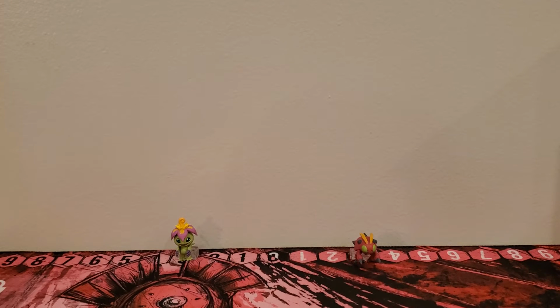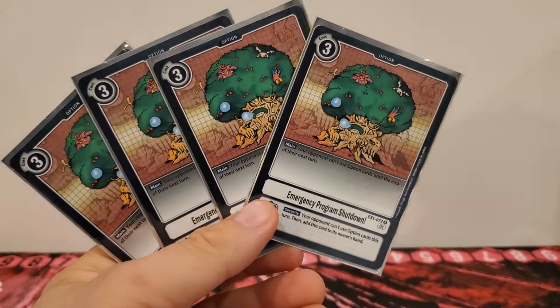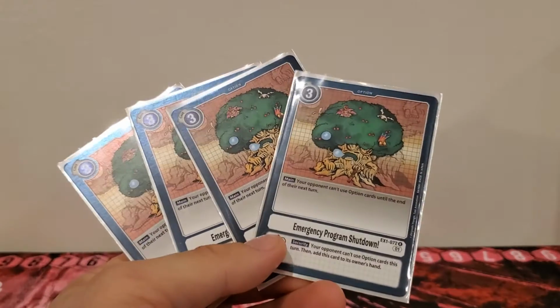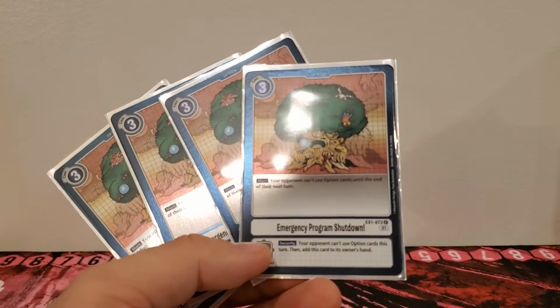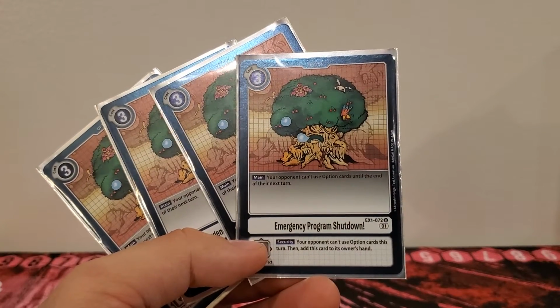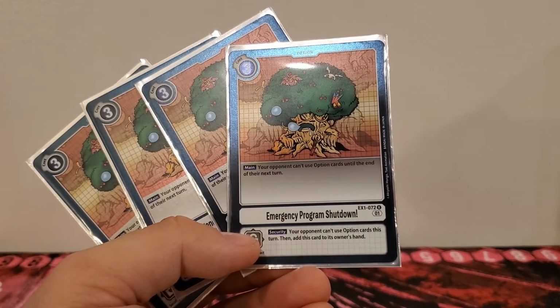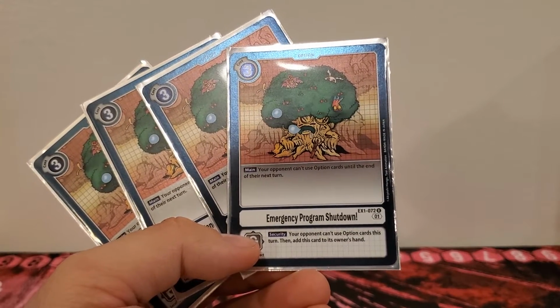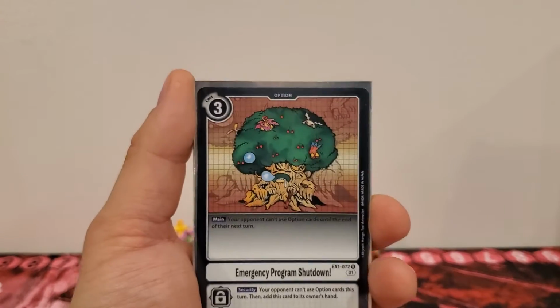And the last cards in this deck are for Emergency Program Shutdown. This is a simple 3 cost. Main, your opponent can't use option cards until the end of their next turn. Security effect, your opponent can't use option cards this turn, then add this card to its owner's hand. Because we don't have any option cards in this deck other than this one,